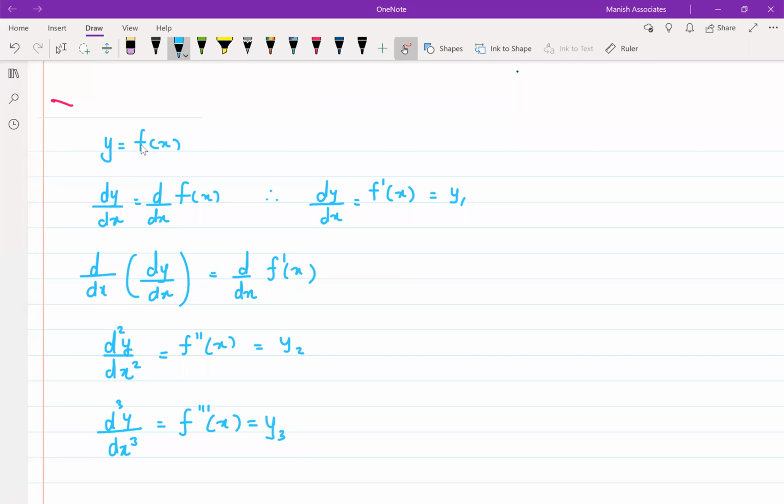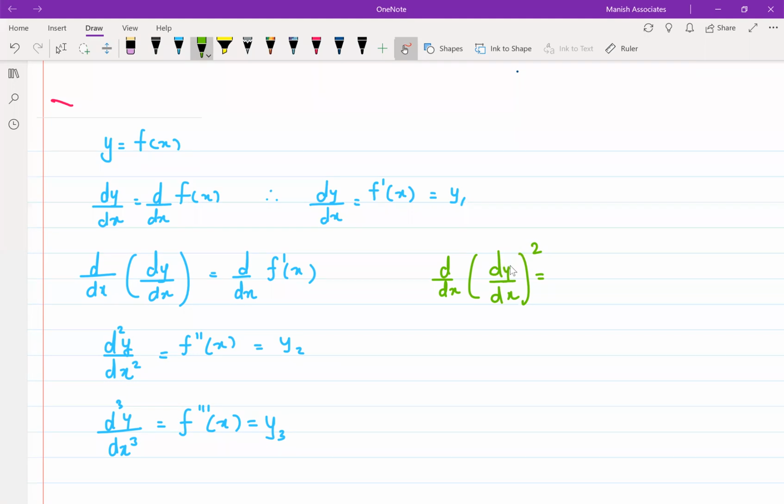Now, there will be one thing which will be very commonly used. You will be differentiating functions like this many times. Let me write it on the side. You will be doing the derivative of this kind of function: d by dx of dy by dx the whole square. An expression like this will come up a lot. D by dx of dy by dx the whole square.